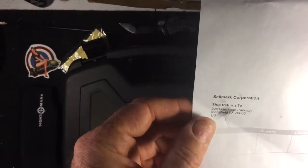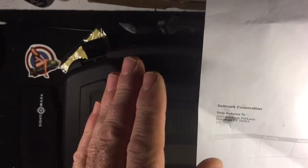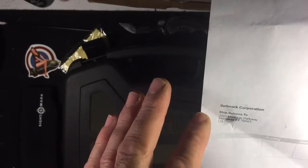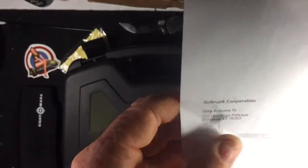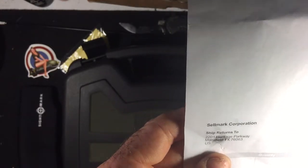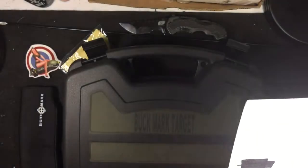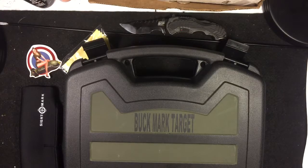What it is, these guys deal with any warranty issues or anything. They have sales there too, I do believe. And it's a company out of, where are they at, in Texas somewhere there? Mansfield, I want to say. Yeah, Mansfield, Texas. And I'm in Louisiana, so they're right up the street, basically. Up the state, I should say. But I called the guy, real cool guy, said, oh, what's the problem? I was telling him the problem. And he said, well,